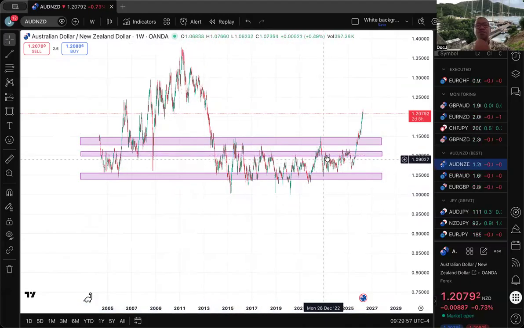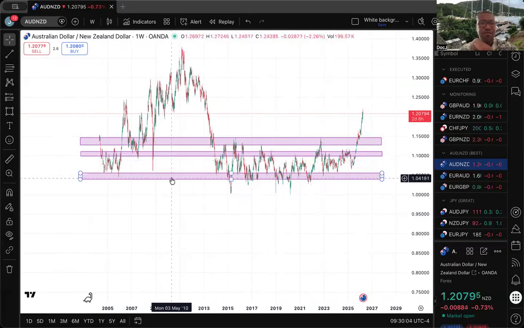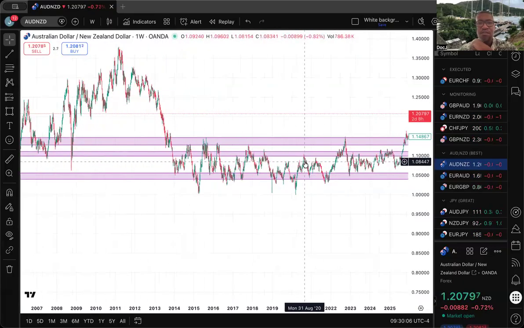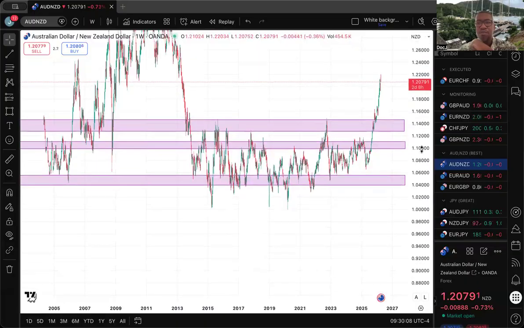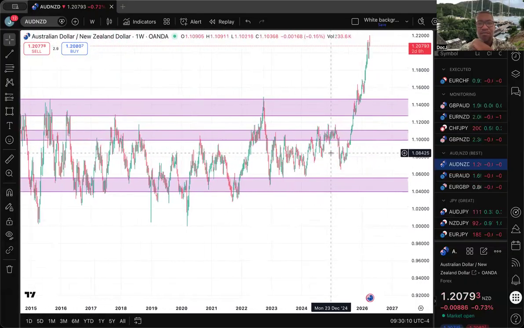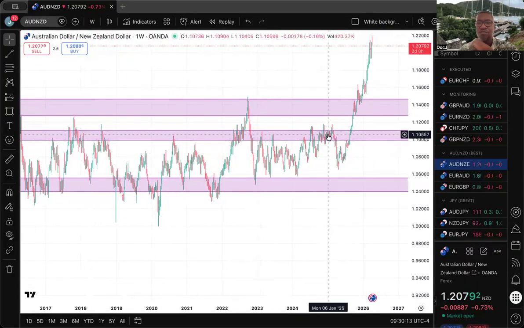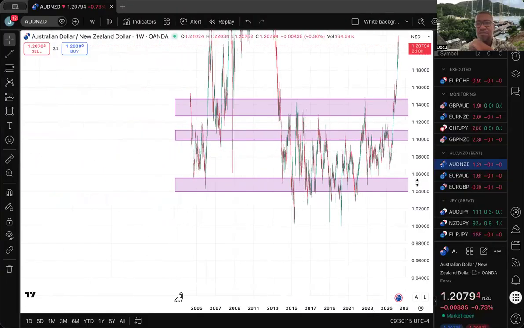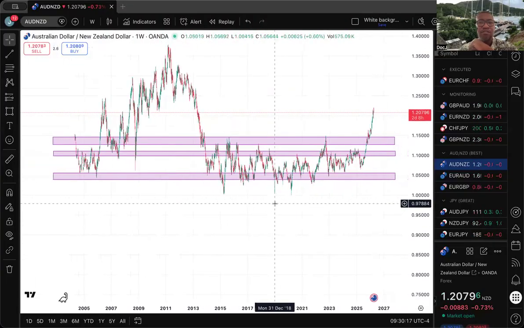But I would call these a more minor area of interest. The reason being is because price oftentimes breaks through these areas. But there are areas to note